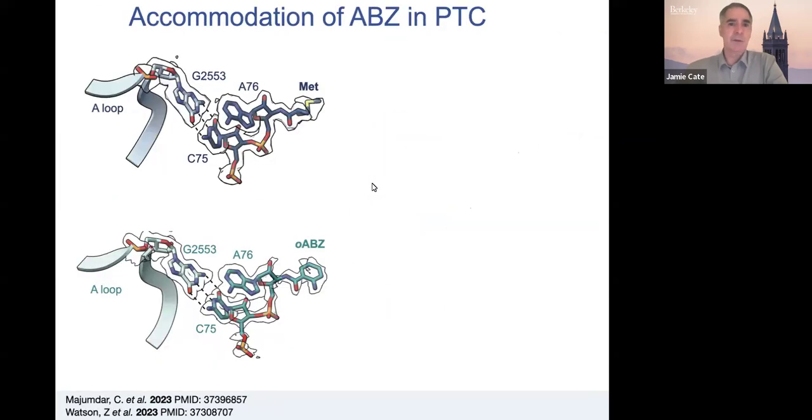So the first thing we learned is about the way the substrates bind in the ribosome. These substrates are attached to tRNAs, and the tRNAs, being RNA, like to form base pairs. The end of the tRNA actually forms a base pair with the ribosomal RNA. This is part of the ribosome, and this is part of the substrate that comes into the ribosome. This base pair forms, and this is a natural amino acid. We can see that even though these aminobenzoic acids don't go in very well, they do form this base pair. This is a necessary thing to happen.